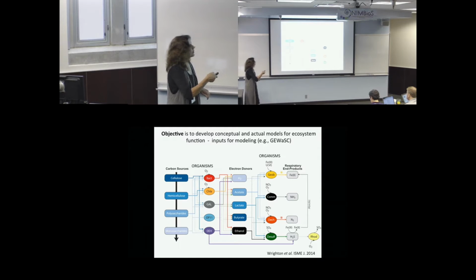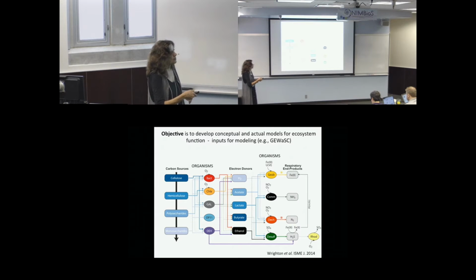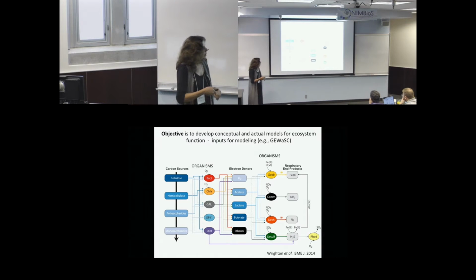So for example, we can identify certain organisms that break down the resources in the environment, which exist in a variety of different forms, to produce byproducts which drive other microbial metabolisms, which in this natural system, this is a subsurface sediment, carry out various geochemical transformations of interest to us. So you can see here that we're linking into quite a number of different cycles: iron, ammonium, nitrogen, hydrogen, iron again, and sulfur. I also want to point out on this slide that there's two organisms here with these kind